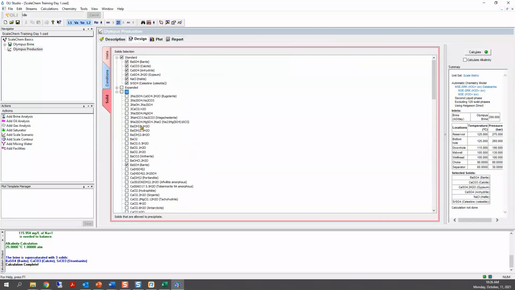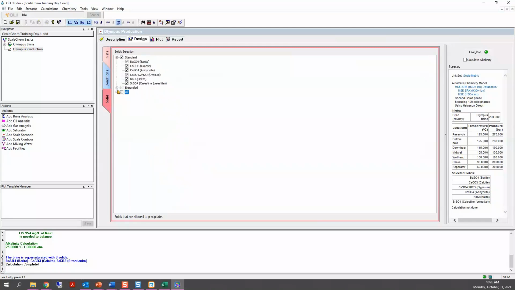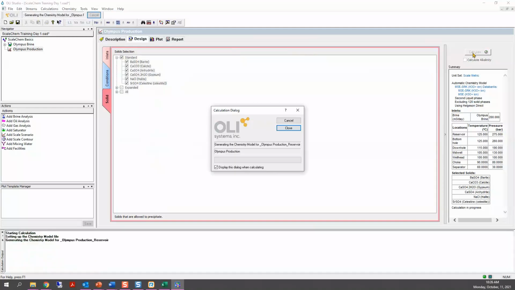So that was about the solids, but in standard practice you select the standard oil and gas solids, and you'll see that when you select the standard, there are no warnings, everything is perfect, and then you go ahead and calculate.